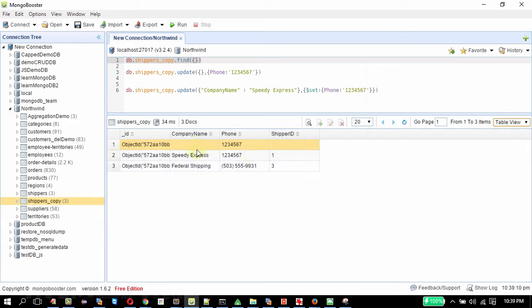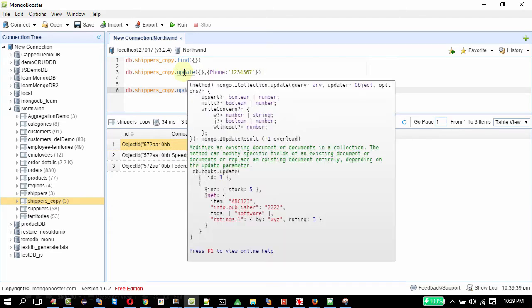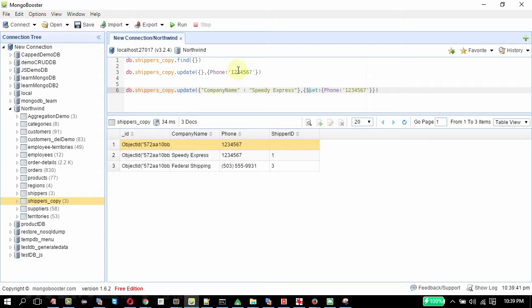As we expected, this update method has updated only the field which we expected to change, not like the previous one which has completely changed the structure of the document. So always remember to use set, because in most cases we'll be updating only the field value, not the complete document. So if you want to completely update the document, use this, and if you want to update only the field values, use this query with the set operator.